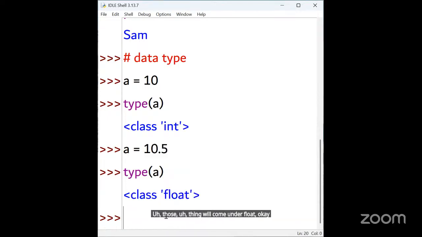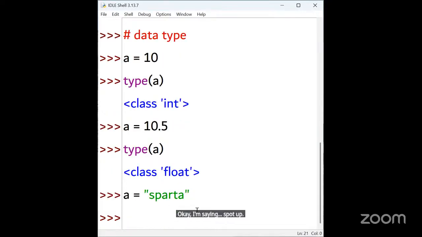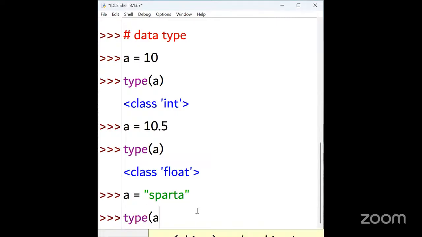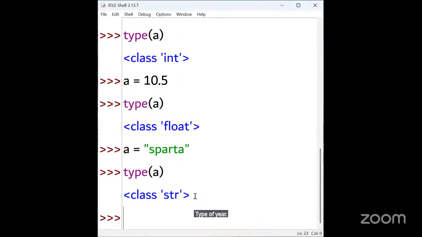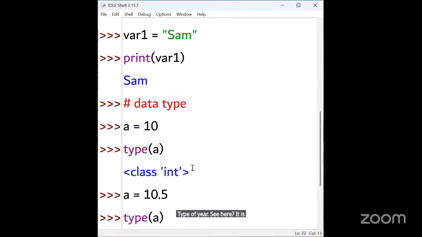Suppose A is equal to, you are giving a string input. I'm saying Sparta. Now you check the type of A. See here, it is class string. Before, A was equal to 10; I didn't change the variable name.